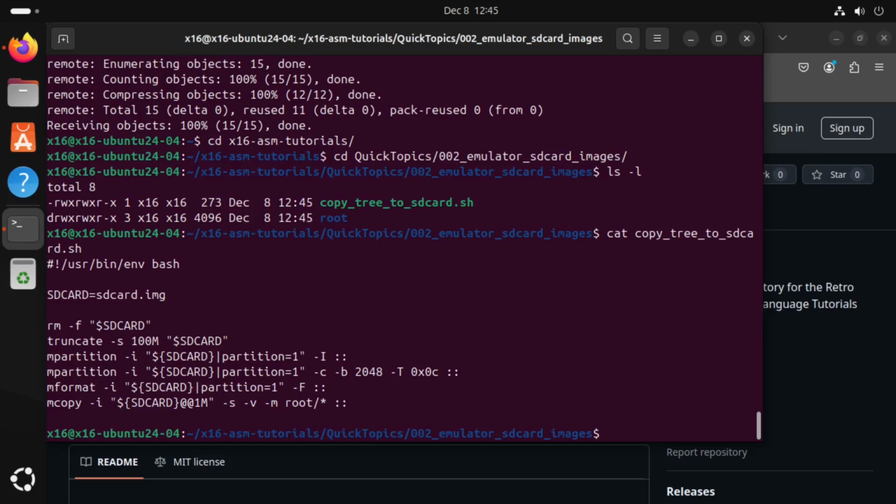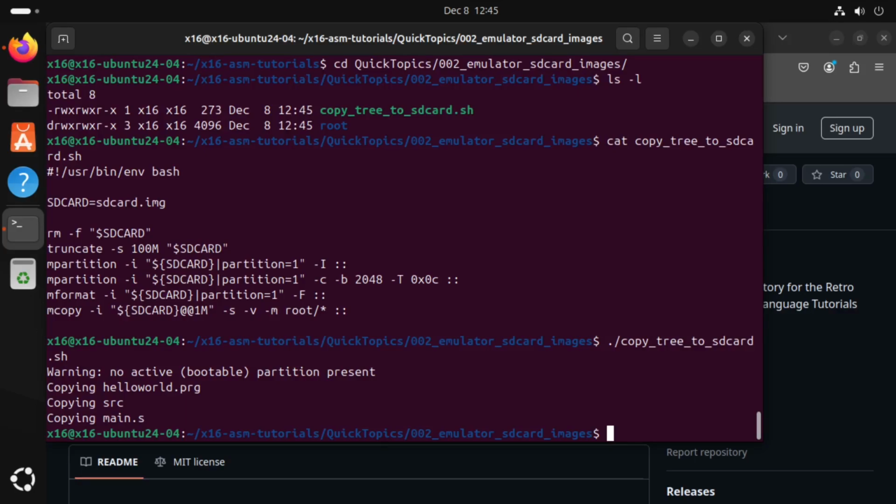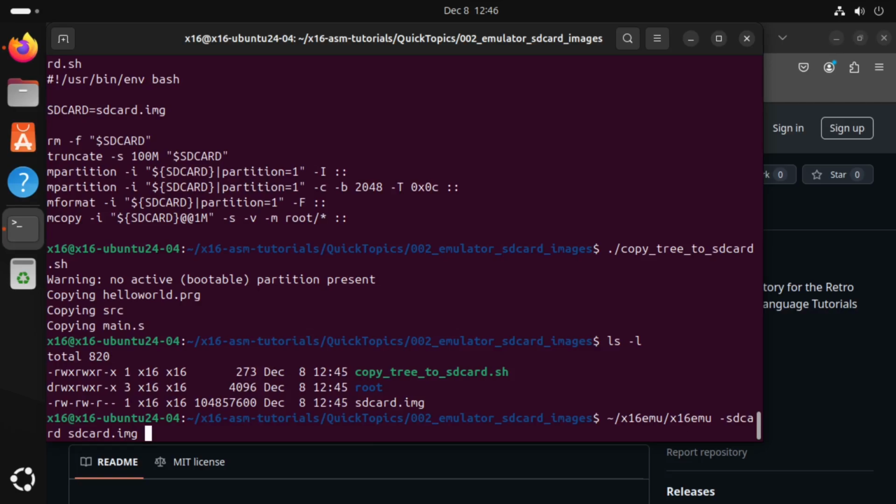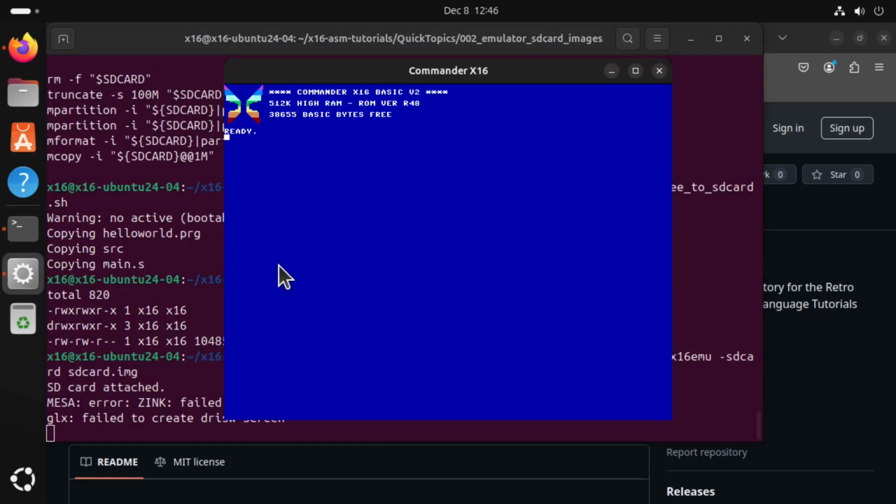Then we create the file, partition it, format it, then we copy the contents of the folder called root into the image. The asterisk is a wildcard match for all files that do not begin with a dot in that folder. Notice that we've added one additional switch to the mcopy command that we haven't talked about yet. The -s switch tells mcopy that it's allowed to copy subdirectories into the destination, somewhat like how the xcopy command in Windows and MS-DOS works. Inside the emulator, the SD card contains everything downstream of the folder called root.